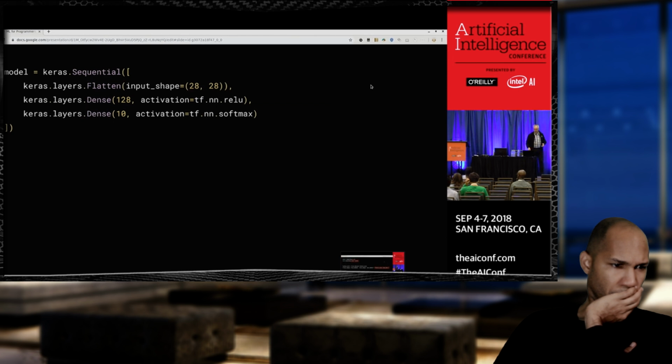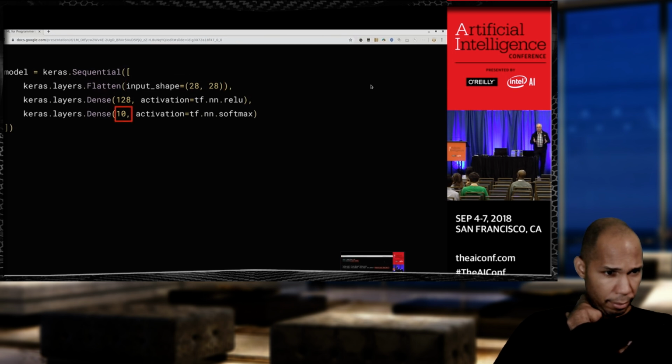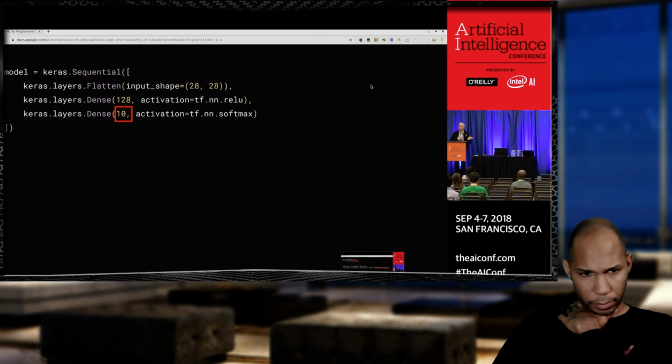Why do you think there are 10 in that one? Can anybody guess? So 28 squared for the input, 10 for the output. Anybody remember where the number 10 was mentioned? Yeah, number labels. There are 10 different classes. So what happens when you train a neural network like this one, it's not just going to pop out and give you an answer and say, this is number 3 or this is number 4.